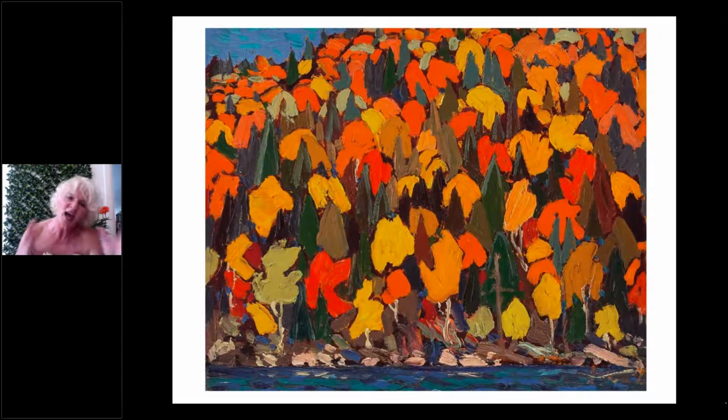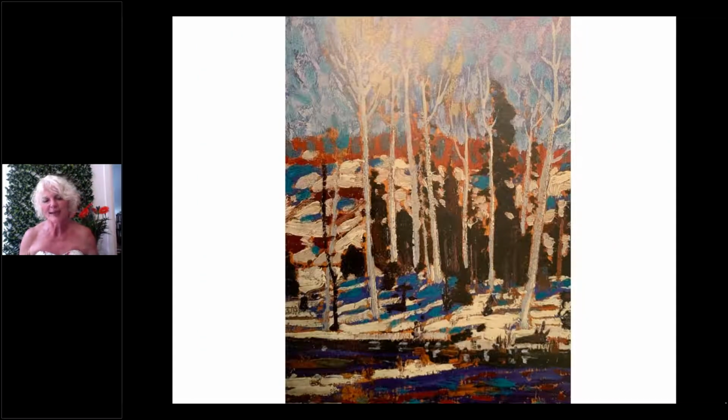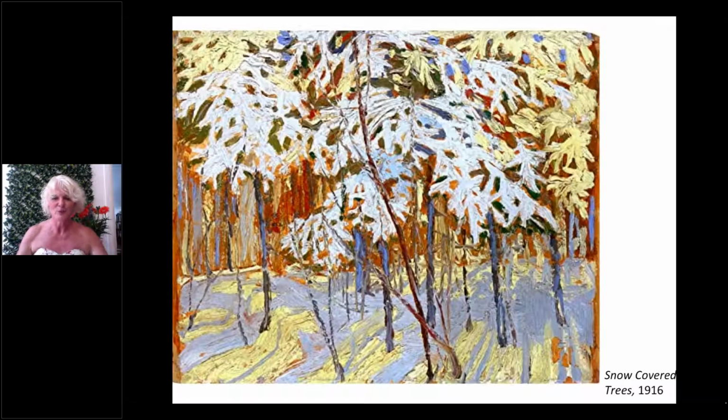Thomson would come and he would paint it in the spring and in the summer and in the fall, and he would also come back and he would paint it in the early parts of the winter and late spring when snow remained on the trees in the way that you see here. Again, notice the change in the palette, but the same attempt to capture light and to capture motion and to capture the unique beauty of Algonquin Park in this regard.